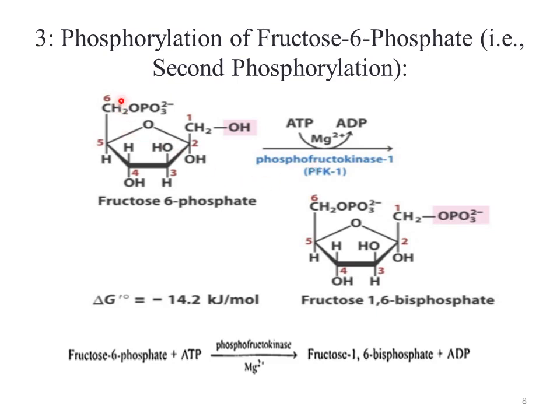This is the elaborated cyclic presentation of each molecule and how they get converted from one form to the other. The only difference is that this is the unphosphorylated molecule and this is the phosphorylated molecule of the fructose. And in the whole procedure, as ATP is utilized, it is an energy intensive procedure. So 14.2 kilojoule per mole of energy is utilized in this reaction. So the common thing between first phosphorylation and the second phosphorylation is the utilization of energy, and in the second step, in isomerization, the energy is actually produced.